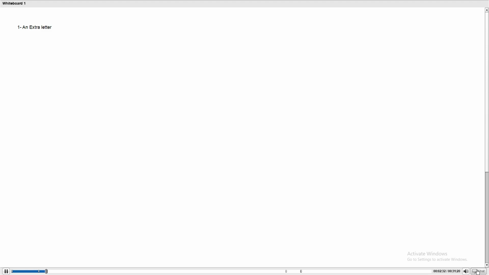An extra letter which is additional according to only the scale, but in the word weighed, it is not additional. It is not extra. And then we have an extra letter